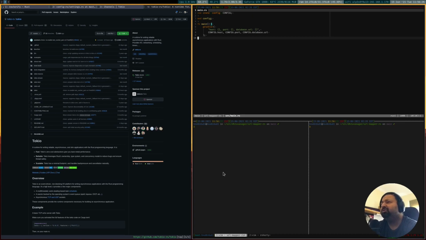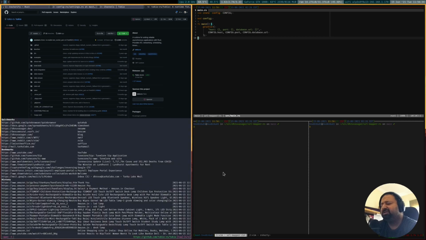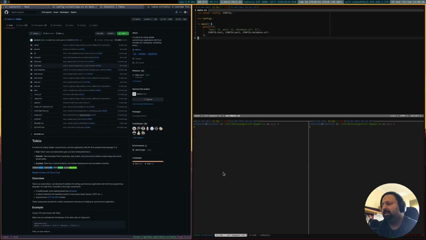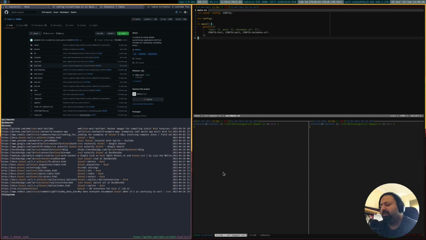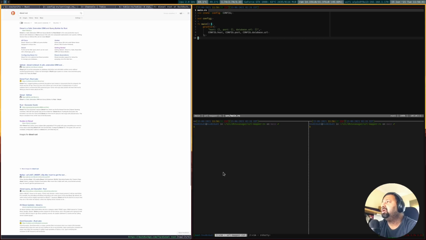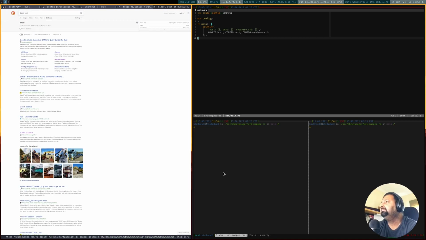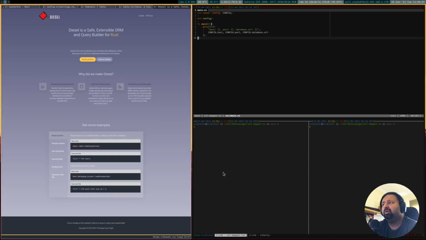Now when it comes to the database, basically we have a couple of options in the Rust ecosystem that I'm aware of, a couple of popular ones. A popular option with Rust is a library called Diesel, and this is like a full-blown ORM style thing, and it does a lot of magic, and especially for people who are familiar with the active record style of patterns, they would feel more at home while using Diesel.